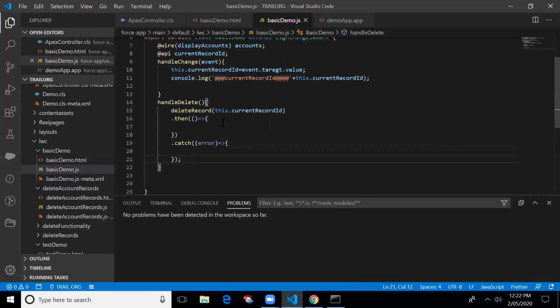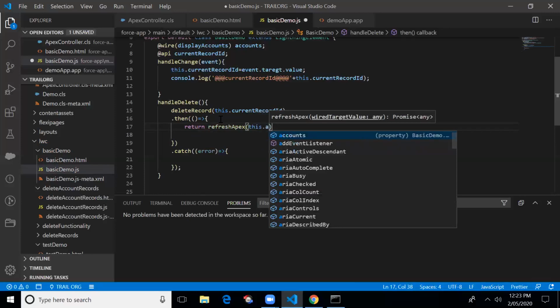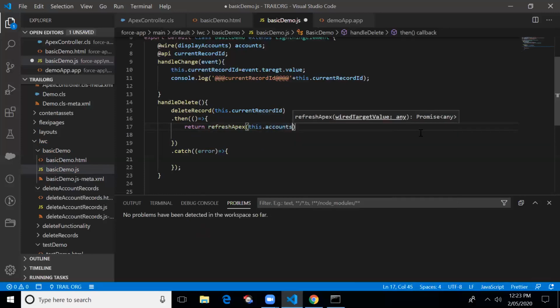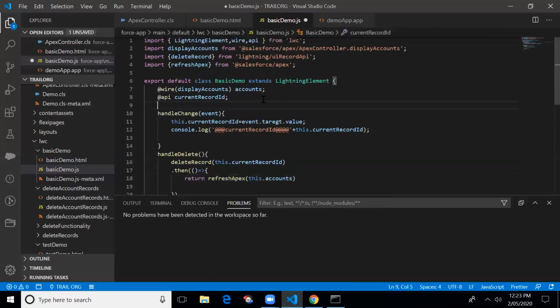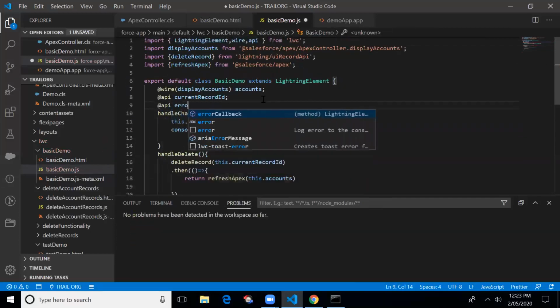If I'm able to delete the record successfully, I'll be returning refreshApex(this.accounts). Basically, whenever the user deletes a record from the backend, I'm going to refresh this whole data, which is present in accounts. I'm also creating one more variable, @api error.